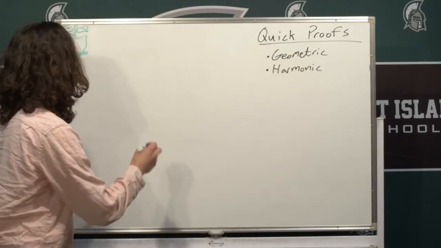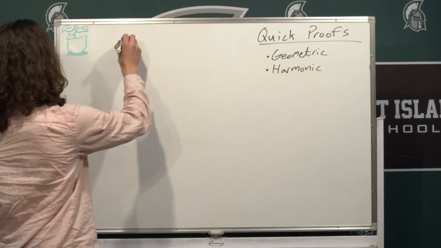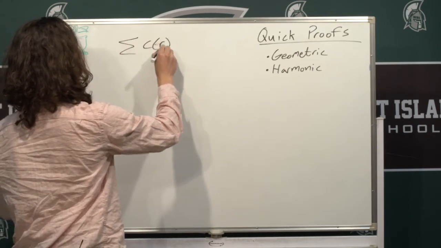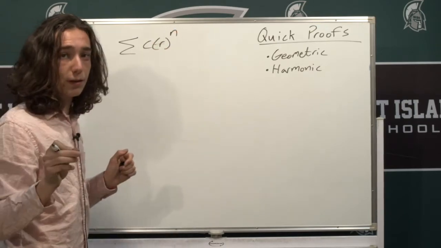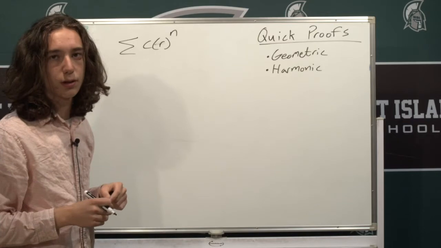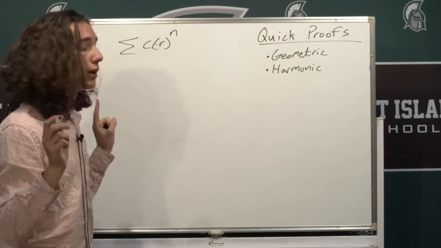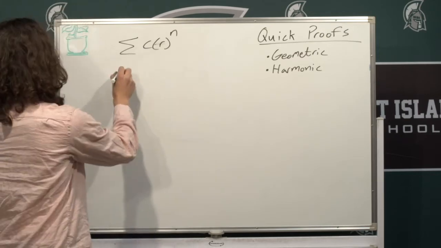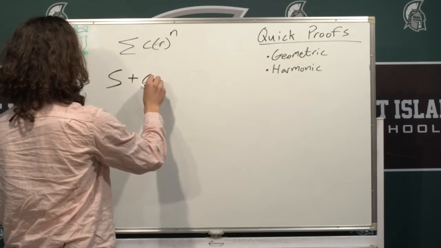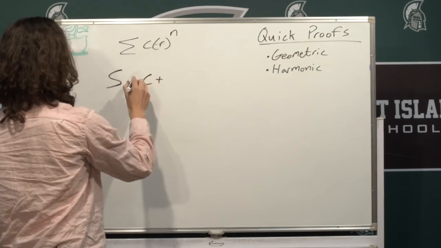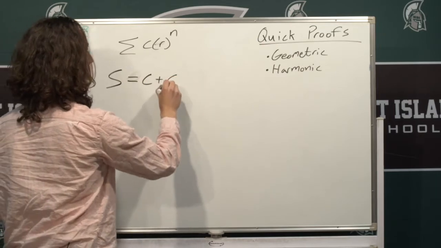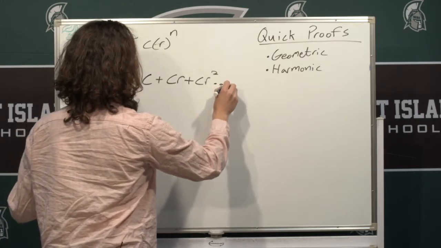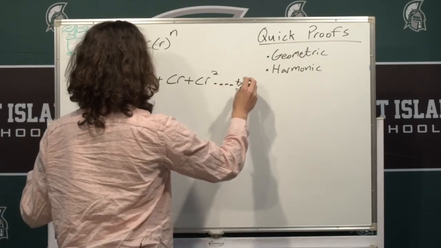A geometric series in the form of the sum of c times r to the n, if it converges, right, because if r is bigger than 1, it's just going to diverge, and we know that. But if r is less than 1, then we can do this fun little proof. The sum of the series is going to be c plus cr plus cr squared, dot dot dot,